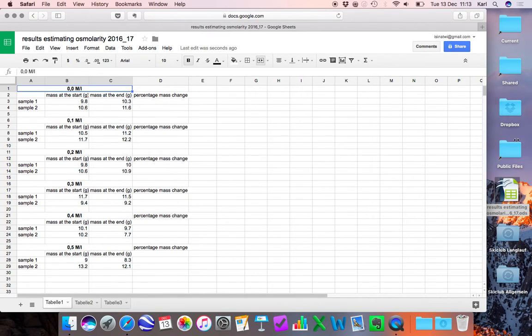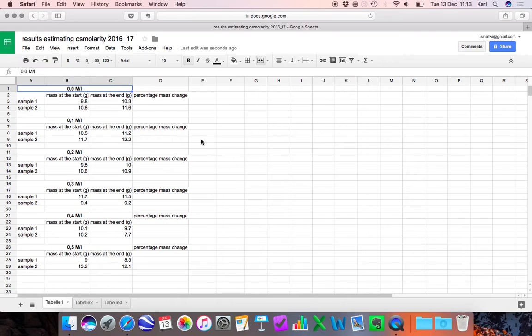Okay, so this is our data from the experiment. We have the different concentrations of salt solution and your initial mass and final mass that you measured in grams. So first of all, we need to calculate the percentage change in the mass, and this works really identically to Excel, so if you know how to do that, you're well set up. I can either type the equation right into this cell, or I can select that cell and use the equation bar. I like to use it right in the cell, so I'm going to say that the